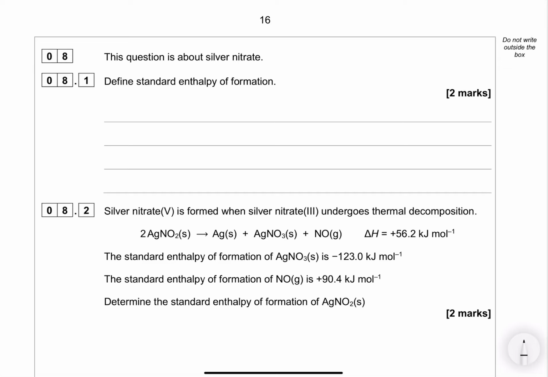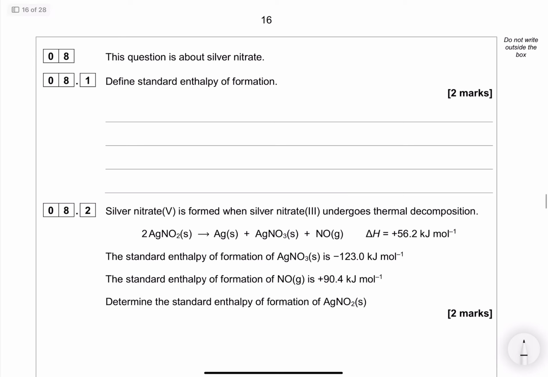This question is about silver nitrate. Define standard enthalpy of formation. So this is just a learn answer. So we're looking for the enthalpy change, or if you want, the heat energy change at constant pressure, because that's the definition of enthalpy change, when 1 mole